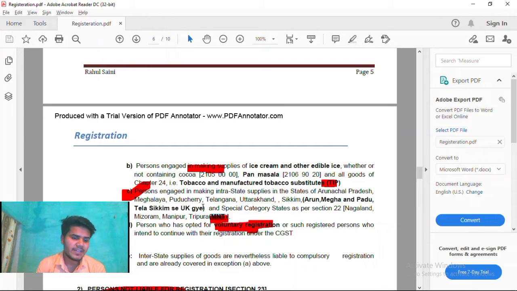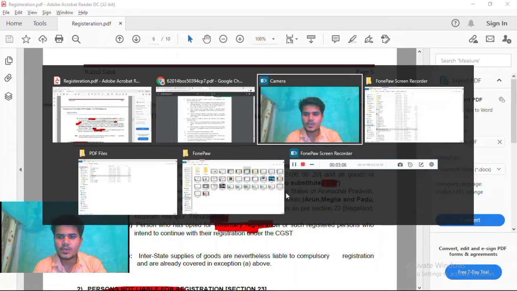Okay. So if our turnover crosses 20 lakh rupees, then we have to take registration. But for the MMNT states, we have to take registration if turnover crosses 10 lakh rupees, and for the remaining 6 states, 20 lakh rupees is applicable. Okay. So coming to the solution,